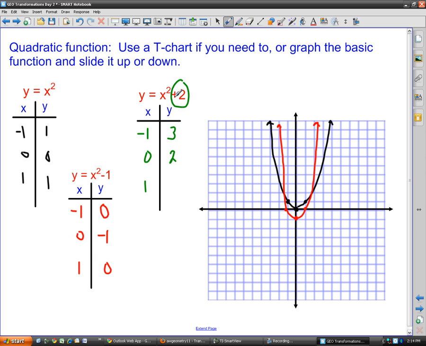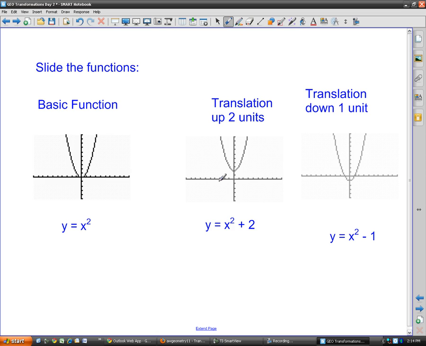So now at 0, 0, I'm at +2. At +1, I'm at +3, and at -1, I'm also at +3. So again, you can see my U-shaped graph looks pretty much the same, but my drawings are bad. They look pretty much the same, and wherever they're placed, they're just moved up or down because of this adding or subtracting. And these are what they look like as graphs on a graphing calculator,